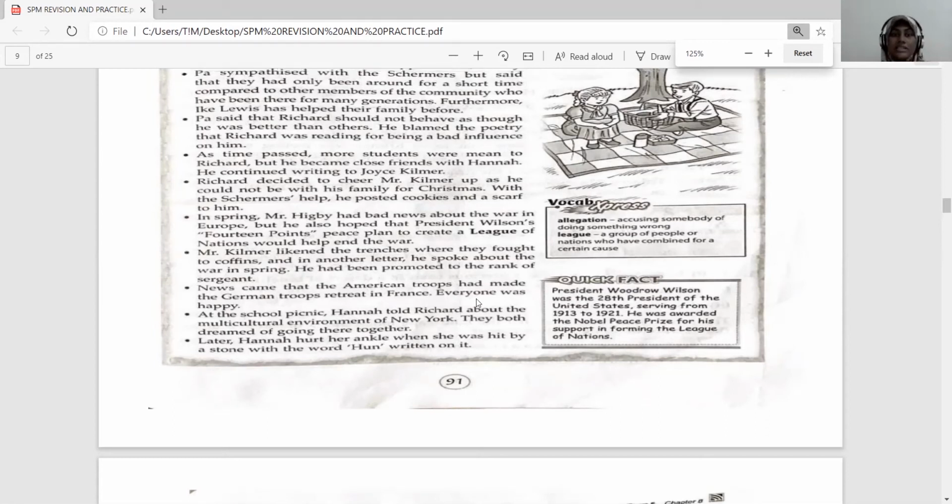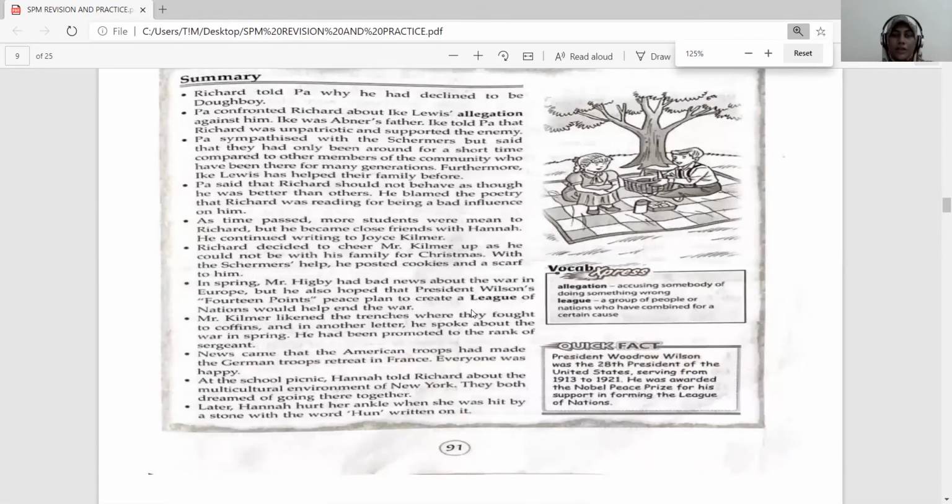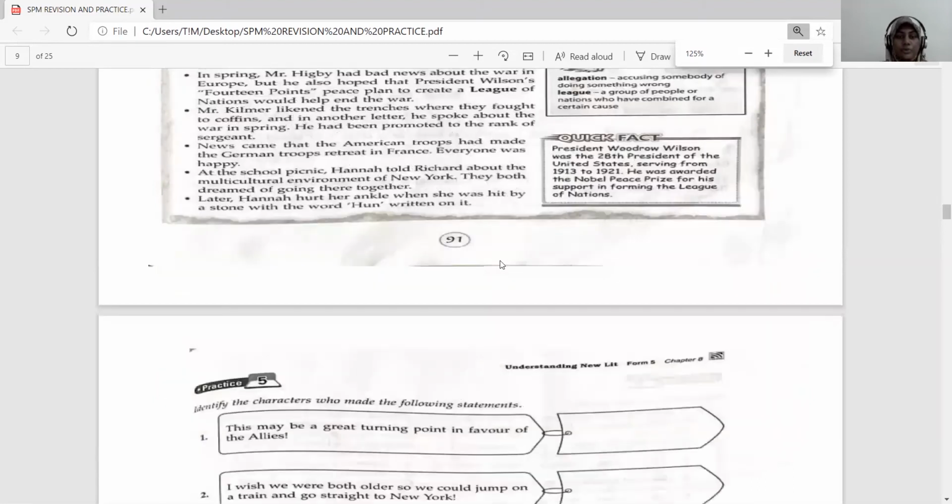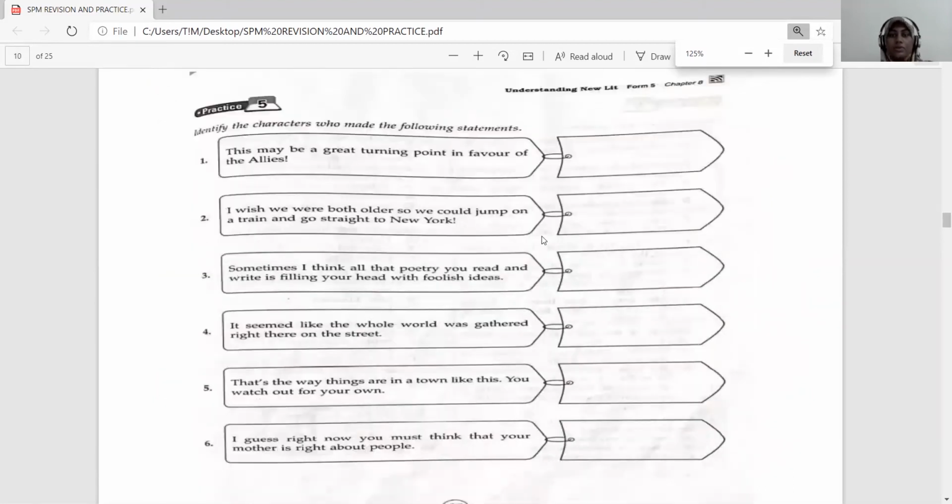Right. So this is chapter 8. Chapter 8 doesn't have many important incidents except Pa confronted Richard. Okay. Do you have any questions in chapter 8 before we move on to the questions? Okay, now